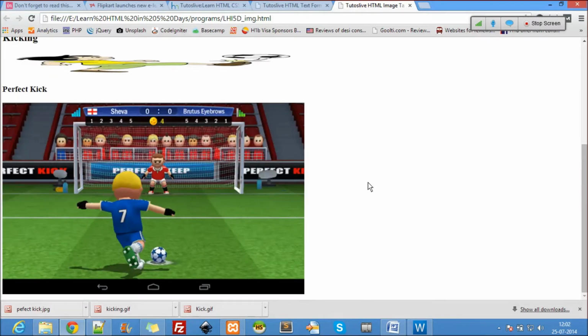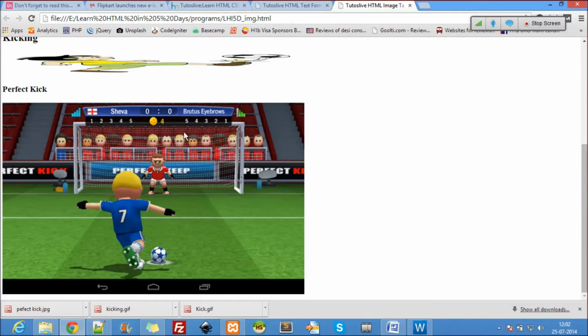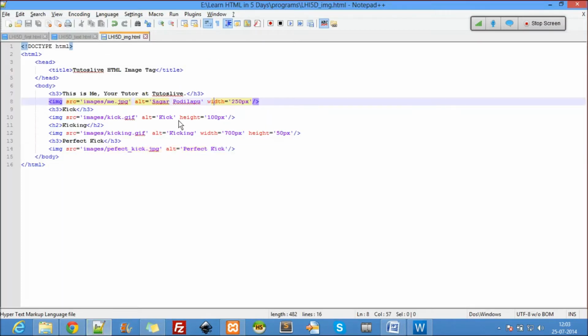See it here? Yeah. So this is how I can display images on the browser. Usually they display their original height and width. So you can also control that height and width using the width and height attributes. You can give them both. If you give one, it will get adjusted to the other.